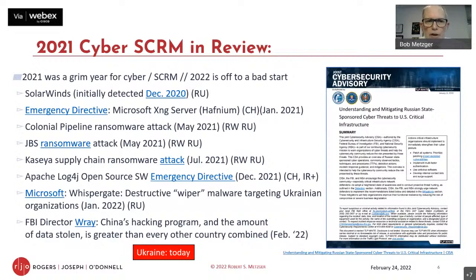Kaseya is another very sophisticated attack looking at a trusted intermediary. Kaseya does managed security service, has a very long list of clients worldwide, and this was an attack that did have consequential effects upon the operations of a variety of businesses in the US and elsewhere. Everybody knows about Log4j. This is yet another example of deficiencies in open source software. Many entities, criminal and nation state, have poked around or exploited that vulnerability. Most of the attribution rests with China and Iran.